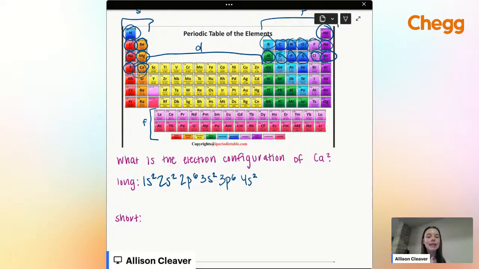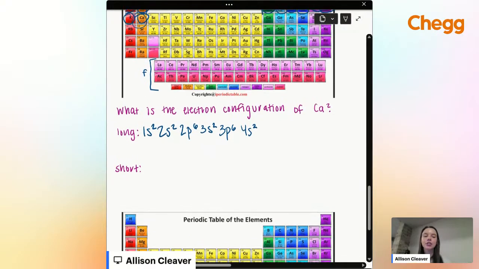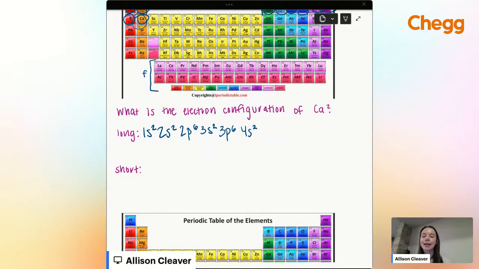But at the end of this, we're going to show you a QR code with all of the help session hours. And there is a specific help session for organic chemistry, which I'm sure goes super in depth on sp orbitals. So I'll point that out at the end, but I encourage you to scan that QR code to find the organic chemistry live office hour, and they'll probably be able to help answer your question more in depth. But then what we want is the short electron configuration of calcium.